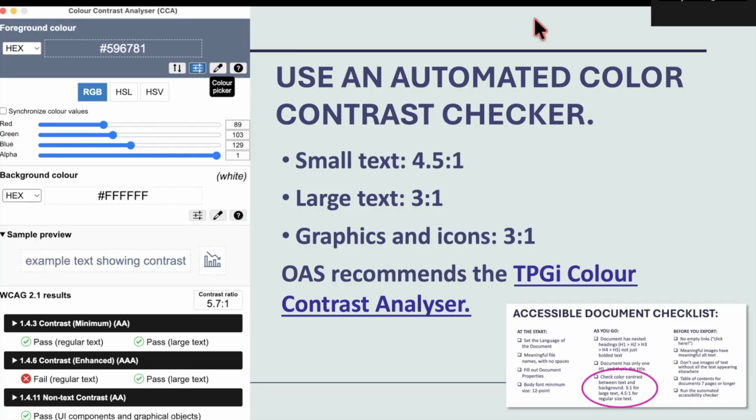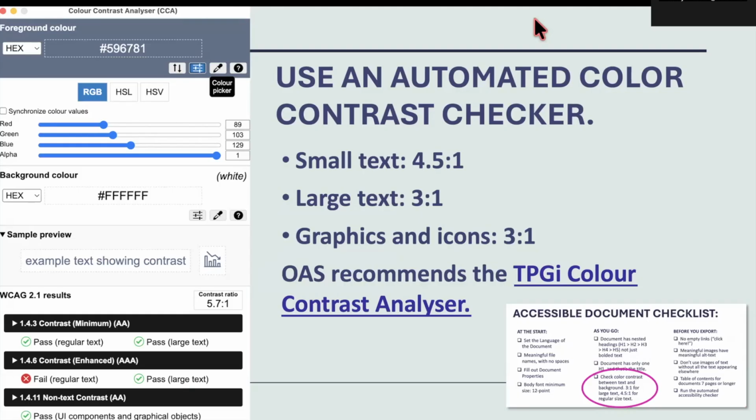Accessibility requirements specify that small text, which in this case is going to be your body text, must have a color contrast ratio of at least 4.5 to 1. Large text and graphics and icons must have a contrast ratio of at least 3 to 1.